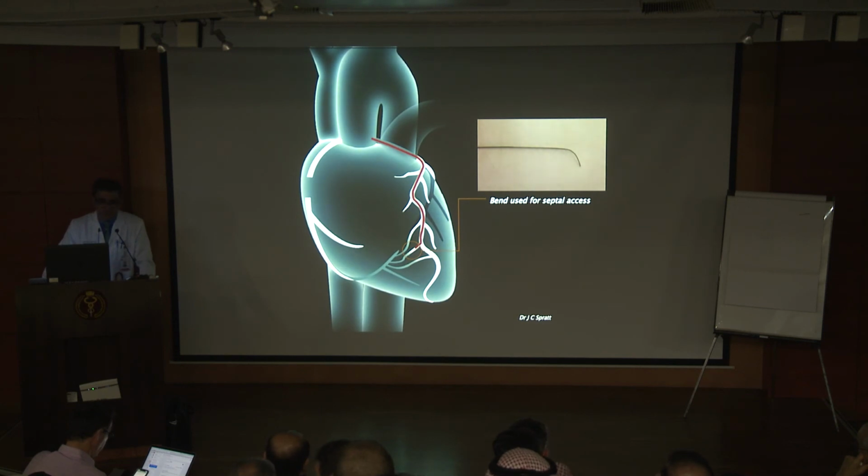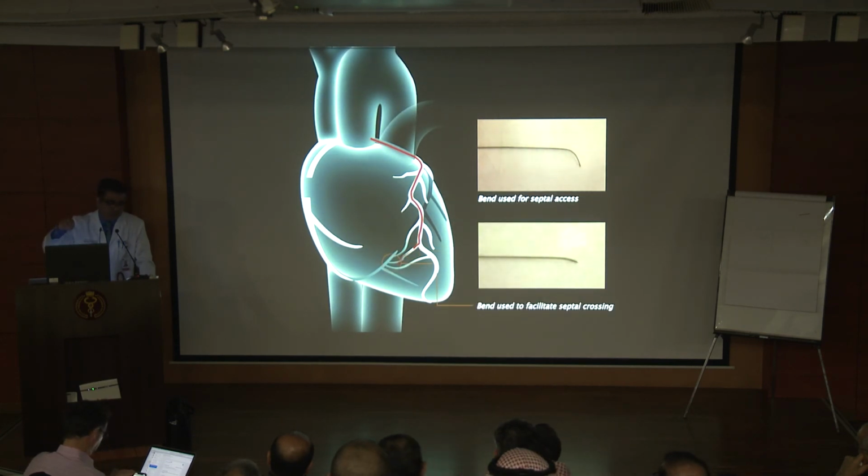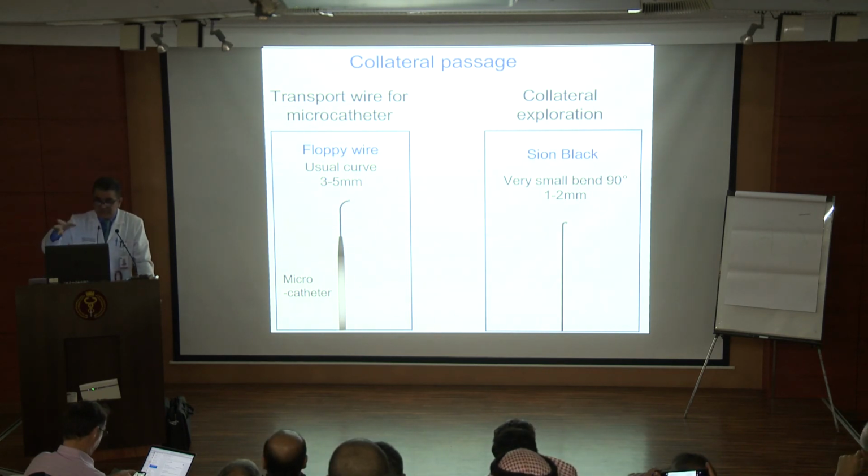For the septals, a couple of small tricks: when you shape the wire, you have to access the septal and then you change. Don't use the same wire where you access the septal, because you need to have a specific bend to reach that septal. However, when you're inside the septal with your microcatheter, the wire shape should change to, as I've shown in this slide, the specific shape on the wire for the septals. And as we discussed yesterday, we access the septal with a workhorse wire, and then we are in the septal,